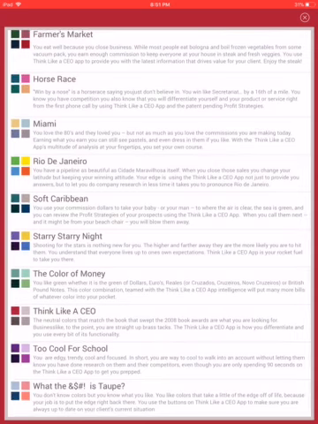We also, of course, have the traditional neutral colors of Think Like a CEO that are based on the book Think Like a CEO. So let's take a look at this one right here in the middle, Soft Caribbean. You use your commission dollars to take your baby or your man to where the air is clear, the sea is green, and you can review the profit strategies of your prospects using the Think Like a CEO app. And when you call them next, and it might be from your beach chair, you'll blow them away. So let's press on Soft Caribbean,